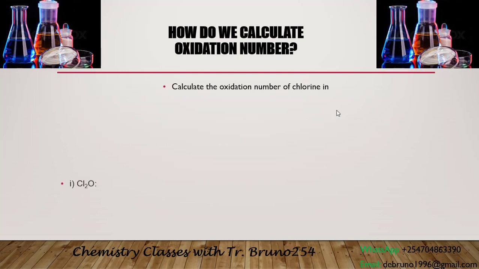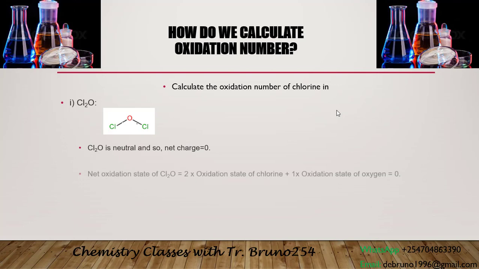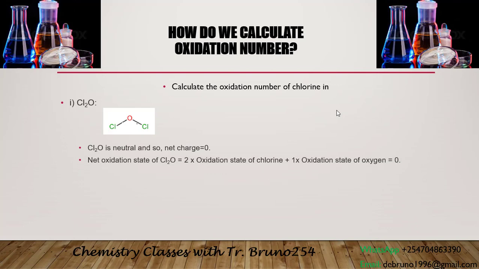We need to know how to calculate the oxidation state of chlorine in the chemical formula shown below. We know that the compound is neutral since it has a net charge of 0. Remember how to look at the net charge of a compound, and therefore we have 2x. What do you get 2x? We have 2 atoms of chlorine in that chemical formula. There we get 2 times x plus